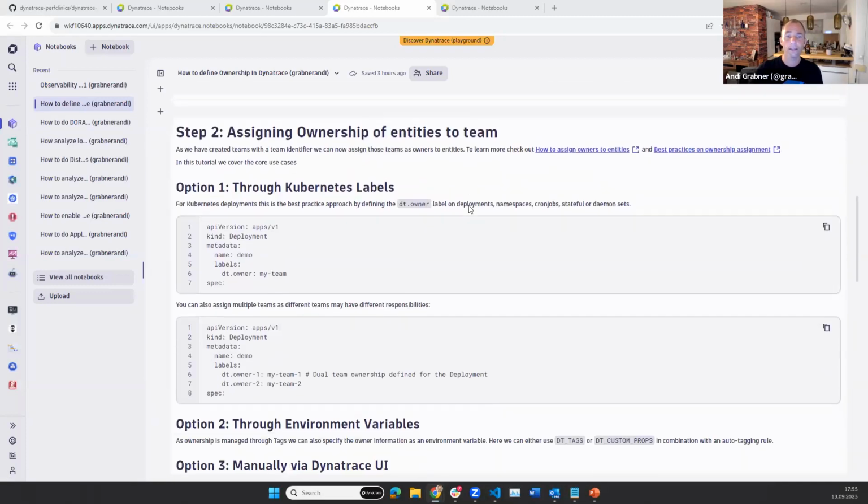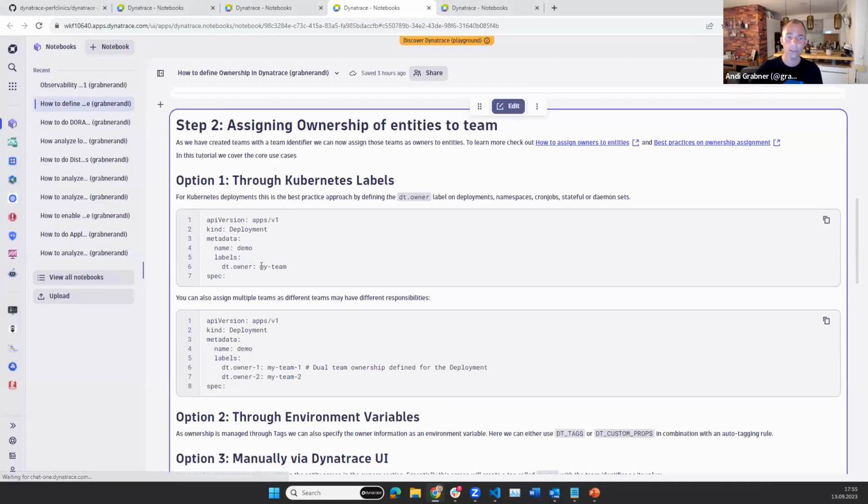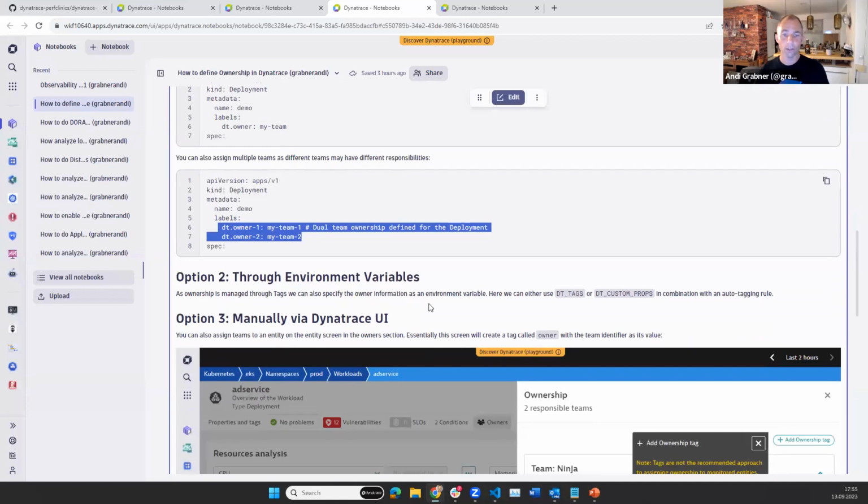Very quickly, best practice is, again, on Kubernetes to do it via labels. So on a deployment here, as you can see, you can specify DT owner, and you can specify a so-called team identifier. You can also have multiple teams because you may have a component that is owned by multiple teams, but every team has different responsibility. Maybe one team has security responsibility, the other one development, and another one operations responsibility. You can also